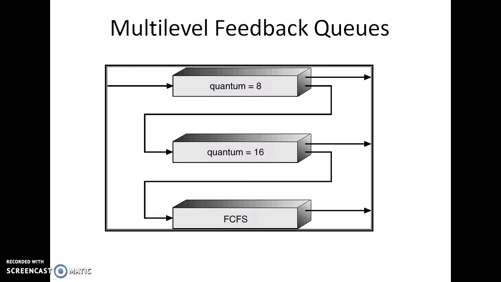Suppose there is any residue? Suppose you had a process of around 12 milliseconds, and in the first queue it can stay only up to 8 milliseconds. The remaining 4 milliseconds has to be moved to the next queue, that is Q1, with a quantum of 16. Until all the processes are completed in Q0, we cannot move to Q1. In this case, we are giving high priority to those processes which have a small time quantum, so they can execute faster, and the remaining is moved to the next queue. And so on, until Q0 and Q1 are empty, only then do we come to first come first serve, where all the remaining burst times will be executed in the order of first come first serve.